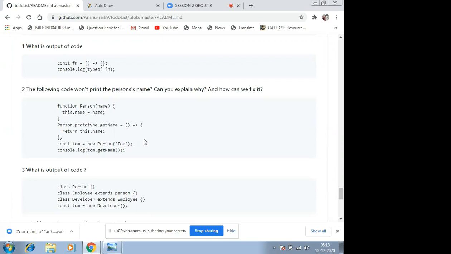Sambhavi, can you tell me? I think if you have attended our this and closure session, the answer lies right there. And Rahul, this is also a hint. This will create an error for sure. If you have attended the this and closure session, you should be able to give the answer and catch the error. Sambhavi, can you tell me?